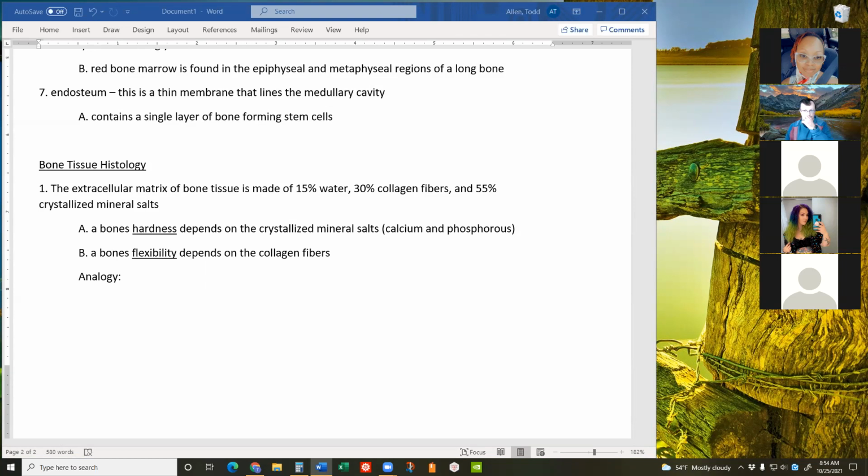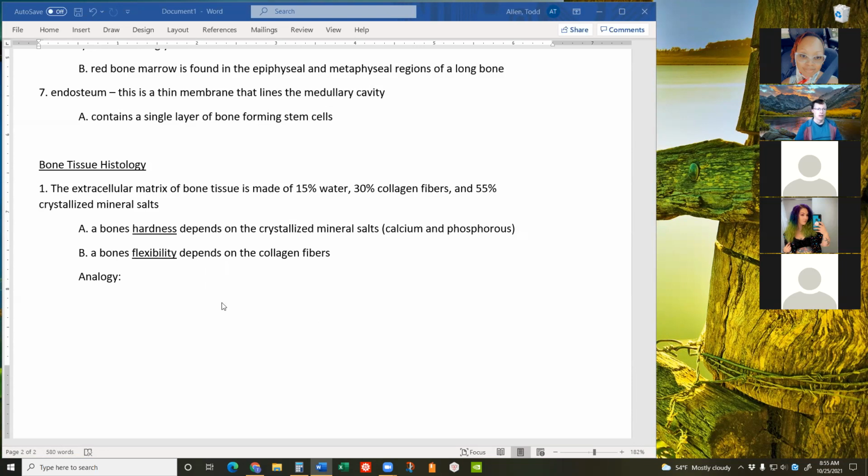Here we go. Have you ever been driving along the highway and noticed some construction where you could see steel reinforced concrete? Do you know what I mean by steel reinforced concrete, right? Big hunks of cement with some steel tubes sticking through them. That's the imagery that I would like you to have in your mind when you think about the hardness and flexibility characteristics of the bone that's endowed by the chemical composition of the extracellular matrix of